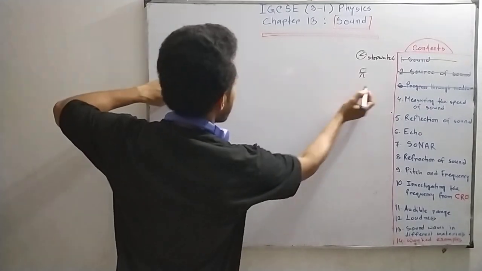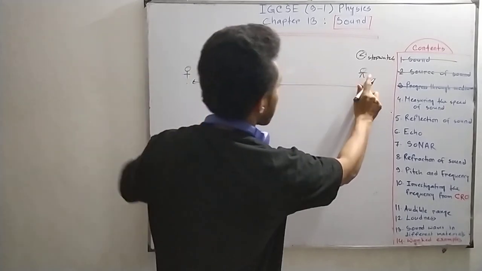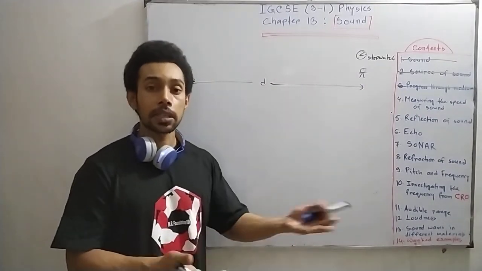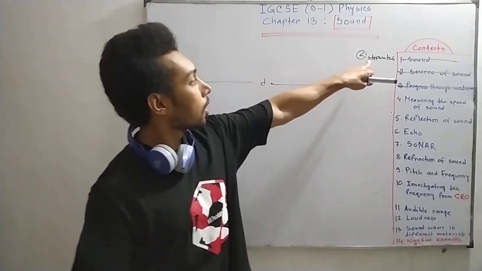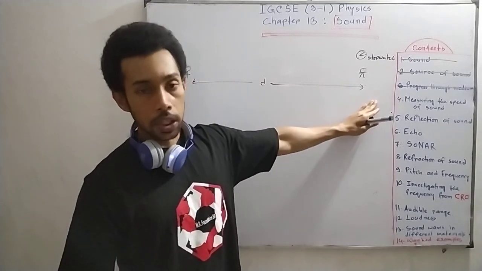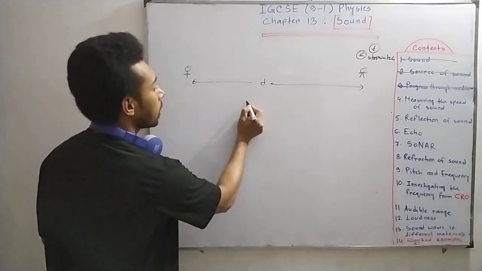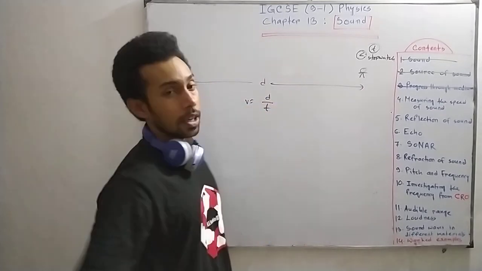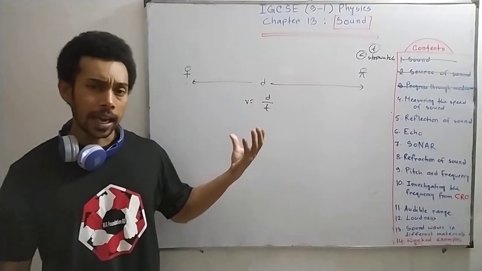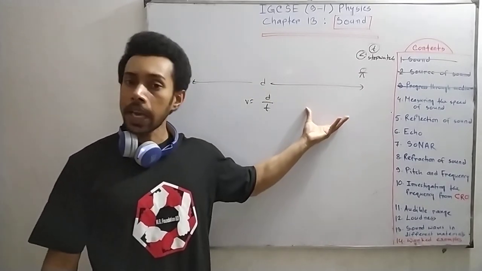Measure the distance between your friend and you using a measuring tape, ruler, or any other device that can measure length. You have timed how long it takes the sound to travel from your friend to you, and from the stopwatch you have t. Using the simplest equation of speed, v is equal to d by t, you can measure the speed of sound. This is the simplest method, but has lots of uncertainty, because you have reaction time error,